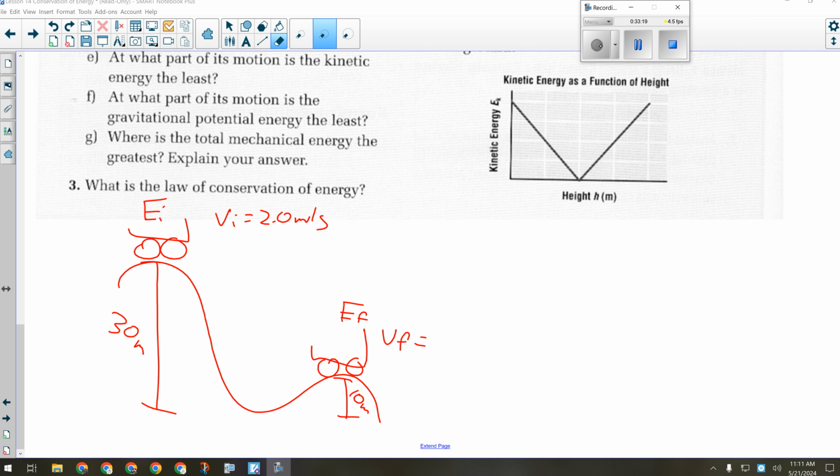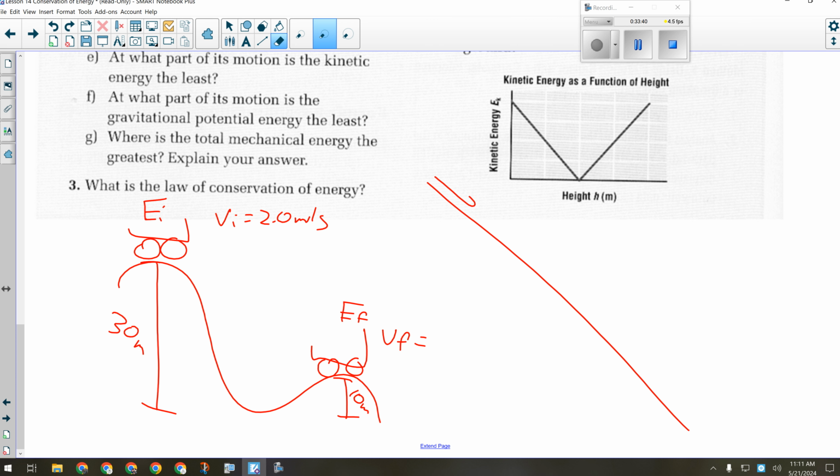So as you go down the hill, potential energy turns into kinetic. As you go back up the next hill, kinetic turns into potential. You're always flip-flopping between potential and kinetic, but what they add up to is always the same number. So a roller coaster is an example of that. So is